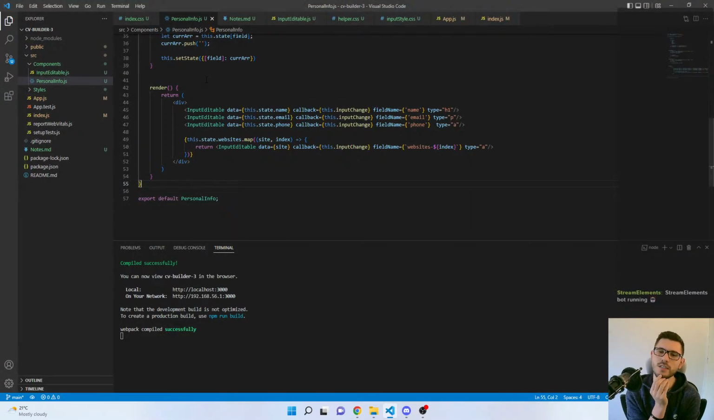Maybe it's not a good idea to have field name as my placeholder. What do you think? Field name or no field name? I'll leave it as field name for now, I think. And hopefully,